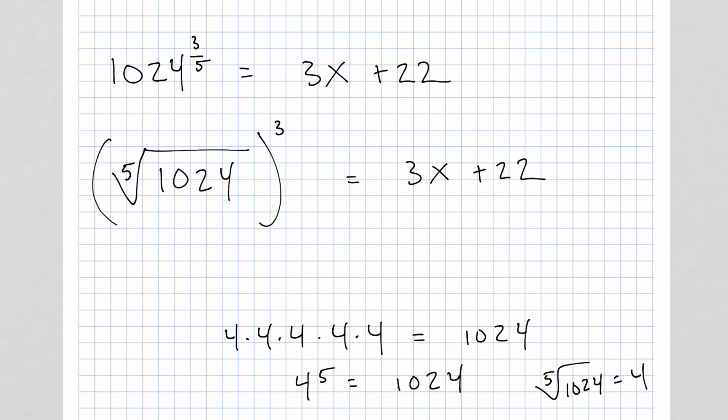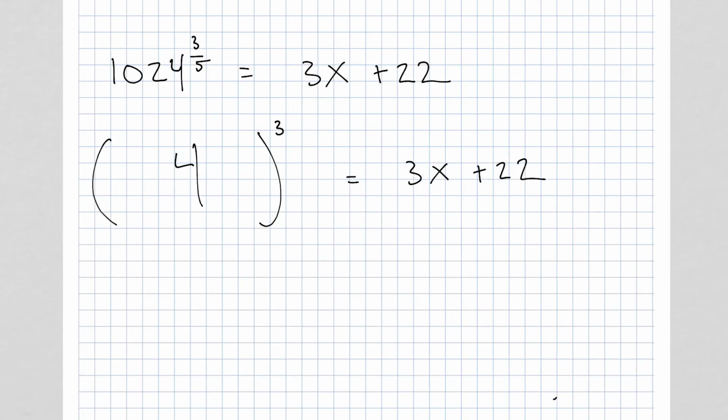So in place of the fifth root of 1024, we just showed you that that equals 4. We're going to erase all of this here and put in the number 4. I'm just swapping it out. Here we had 1024 equals 4 to the fifth. So erase all this here. Now 4 cubed, that's just going to be 4 times 4 times 4. That equals 16 times 4, which is 40 plus 24. That equals 64. So 4 cubed equals 64. So we could go ahead and erase all this. Just put in the number